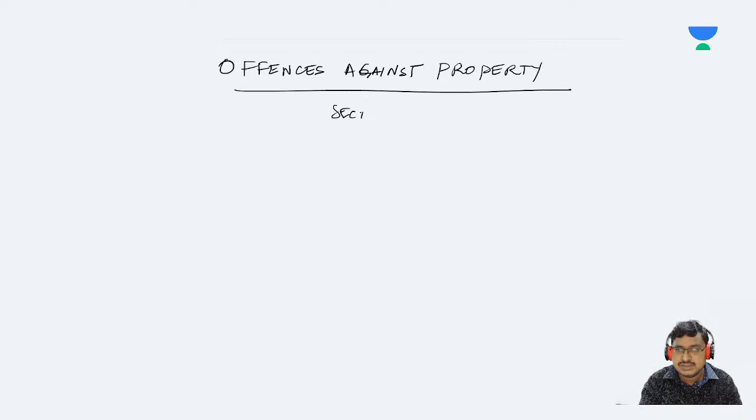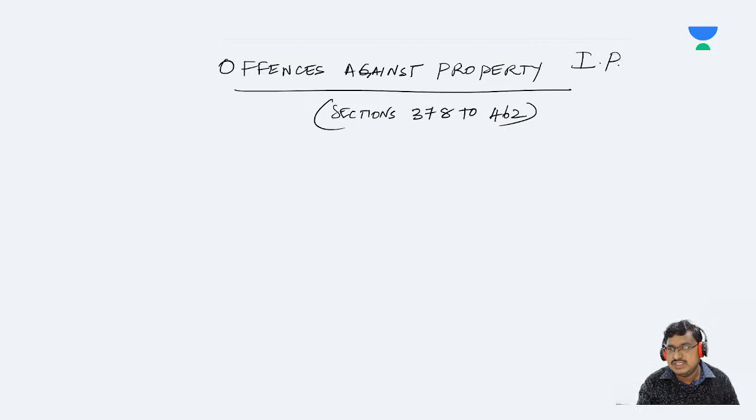Sections 378 to 462 of IPC are dealing with offenses against property. However, in this class, we are going to know about